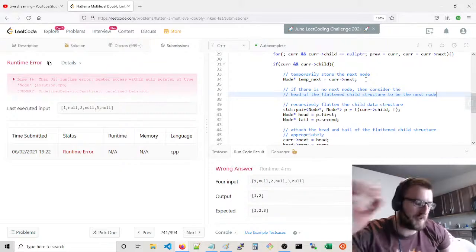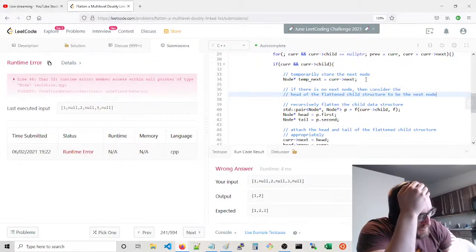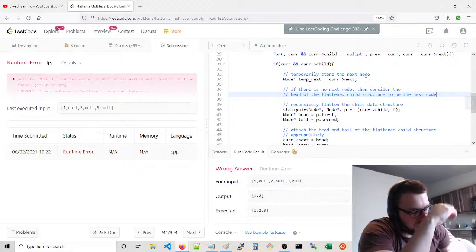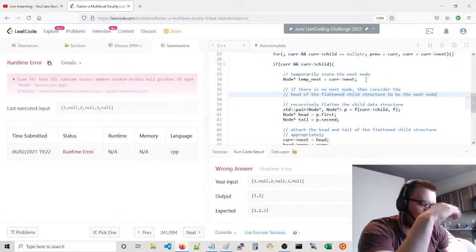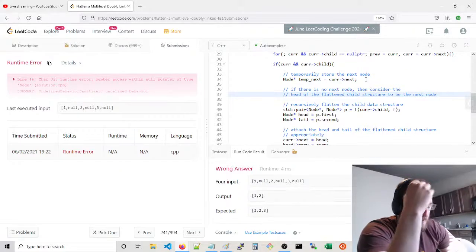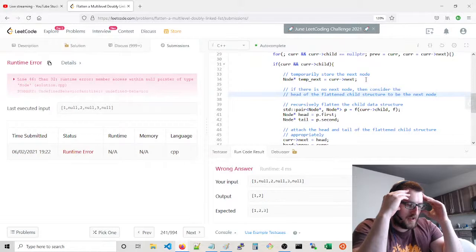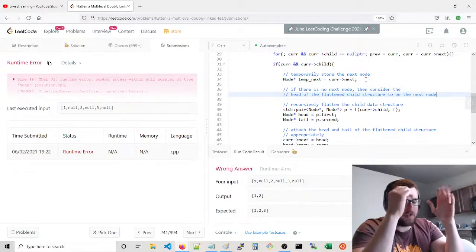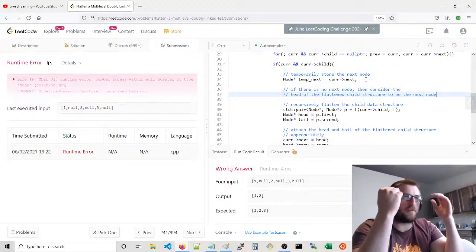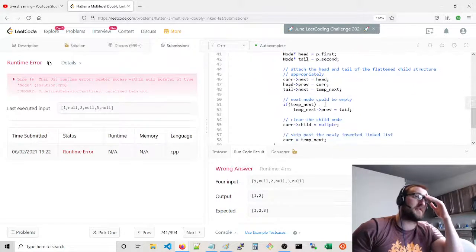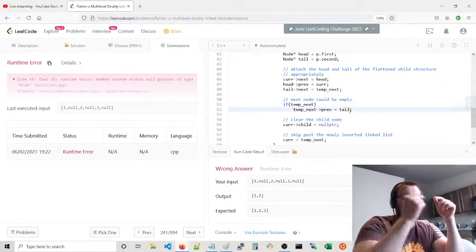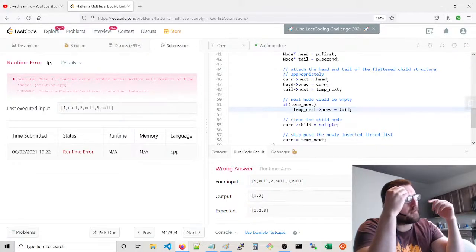This is a little confusing. So the whole point is that you have this child structure that you flatten, and you kind of stitch that into these two nodes that you have linked to each other. And what I was suggesting was basically, well, if there is no node to stitch in, then you don't really need to do anything, I guess. Kind of just skip this part, pointing this node backwards. But actually, I do have a problem because